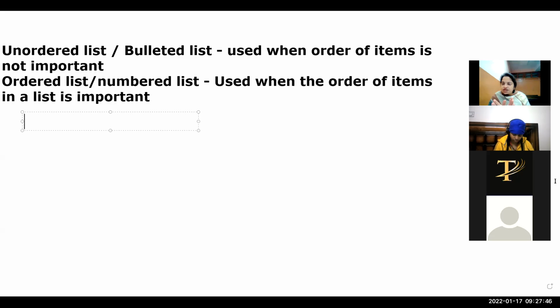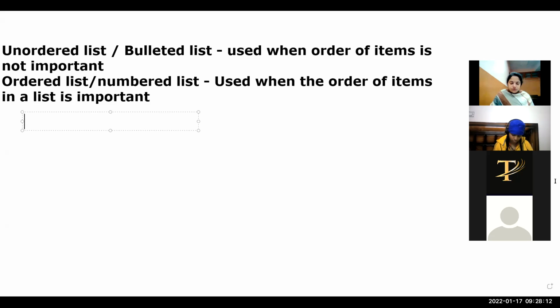It is not compulsory that I must use ordered list there. I can use unordered, but usually to differentiate between the unordered, bulleted list and the numbered, ordered list, we specify that where the order of items is not important, I can use the unordered list. But where the item order is important, I should give the ordered list so that the items 1, 2, 3, 4 can be identified. Okay.